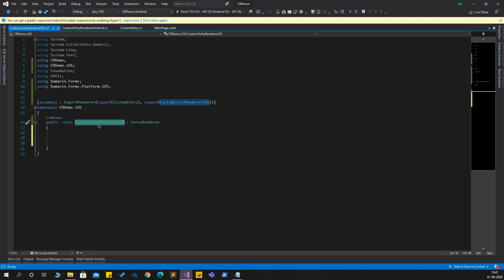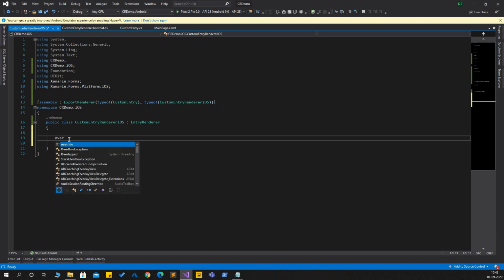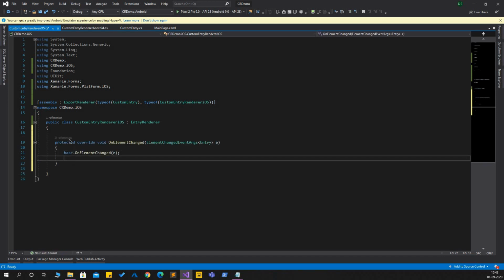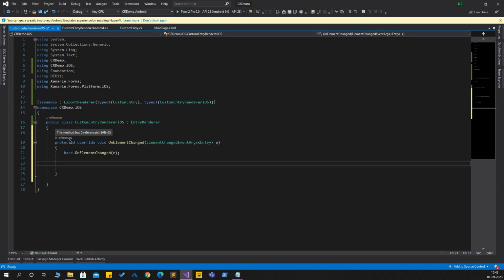And whenever this custom entry renderer iOS is called, a method called onElementChanged will be triggered. In that method we are going to tell how we want the UI element to be rendered. So I'll override this method onElementChanged, and here I will first check whether this element is being created for the first time.